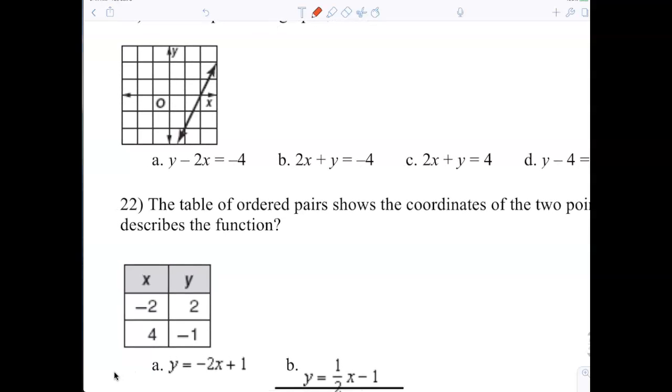All right, this one doesn't have the y-intercept. Do you agree? So it's kind of annoying. So we're going to find the slope by putting a point here and a point here. So I went up 2 and over 1. So the slope is 2. All right, now what I'm going to do is I have to fix this. The choices are y equals 2x minus 4, y equals negative 2x minus 4, y equals negative 2x plus 4,